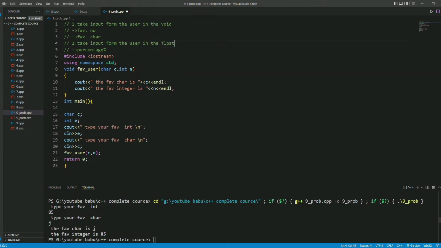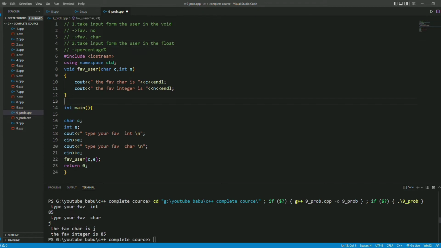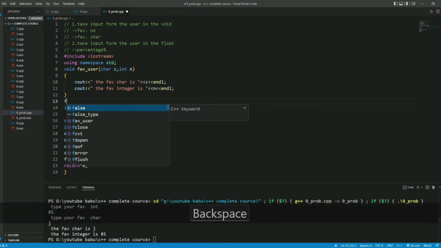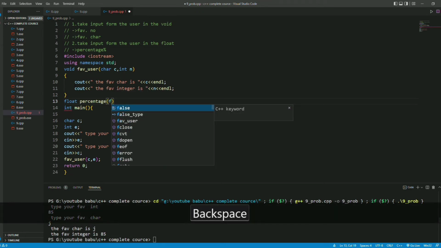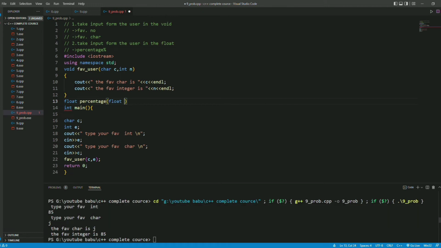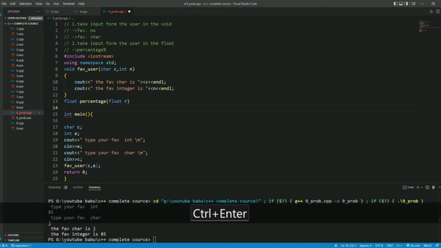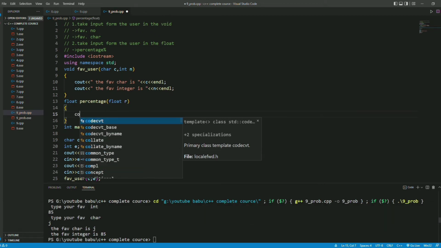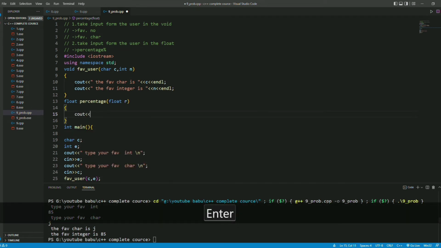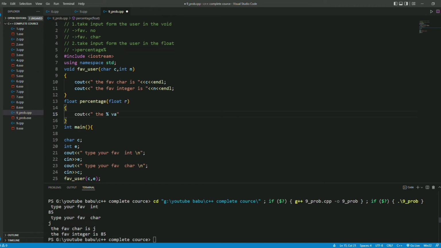So we have to take input of marks only. So I will make a function here, and this time I will make the function in float, named percentage, because this is calculating the percentage, and I will take a value as float r. Okay, and now I have to calculate the percentage. So this is very simple. Simply I will type cout the percentage